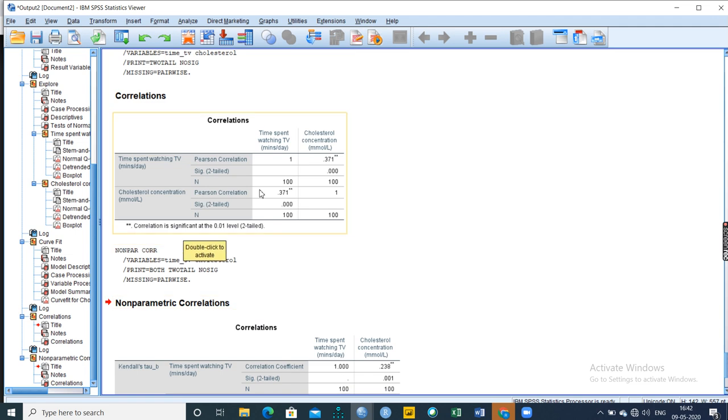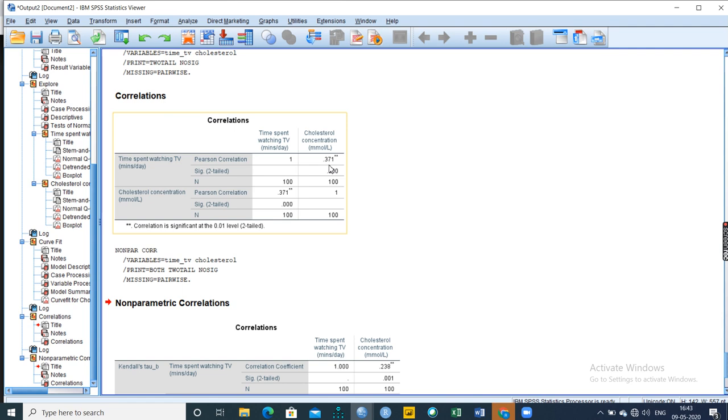First Spearman has come. As usual, we have to see the significance. It is significant at both ends. So we can find the correlation value; values of plus or minus 1 are the threshold bandwidth. Here it is 0.3. We understand that an increase in time spent watching TV is directly proportional to the increase in cholesterol value. Correlation gives the strength and direction of the relationship between two variables. Here it is positively correlated with a strength of 0.37. Since it is below 0.5, it is a fair value.